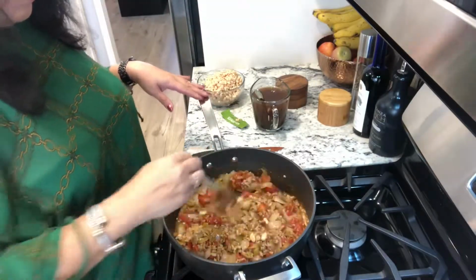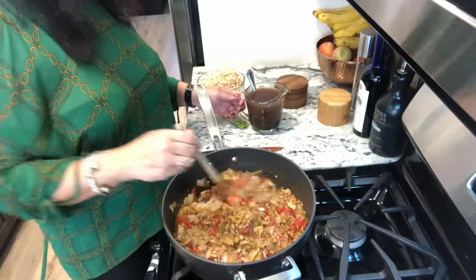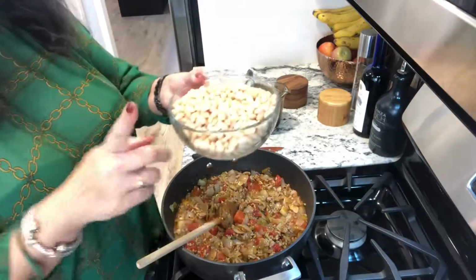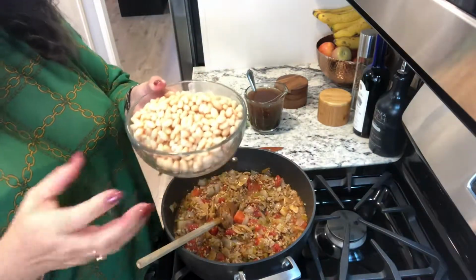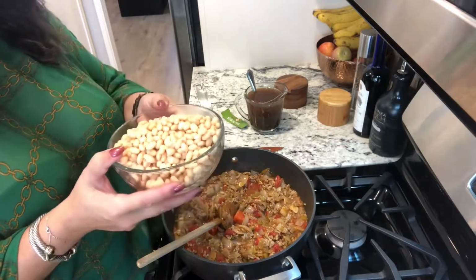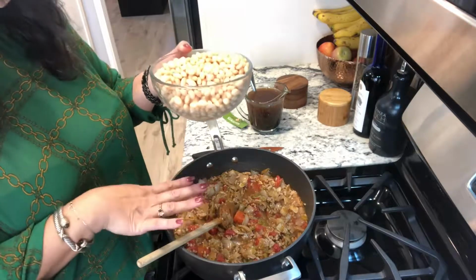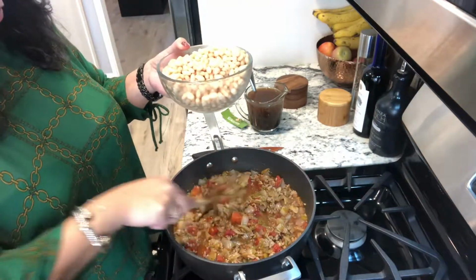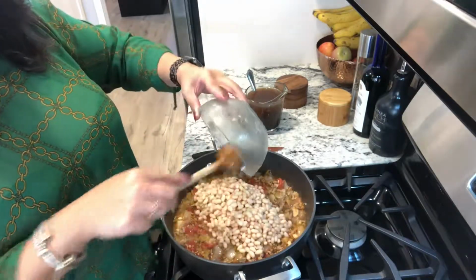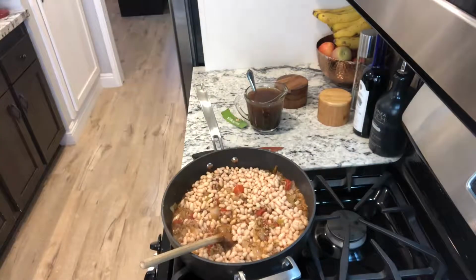All right, this has simmered away for just a few minutes, and I am ready to add in the 2 cans of white beans, navy beans, cannellini beans, whatever kind of beans you want to use. But if you weren't making this white, you could use kidney beans. You can use any kind of beans you want to. They're rinsed. Okay. And then